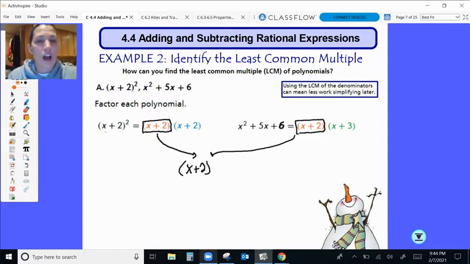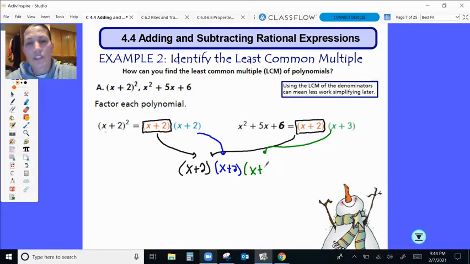Then the ones we don't have in common, we have to add those to the process, what's missing. So we have to add an x plus 2 as one of the factors, and then we have to add one of our x plus 3s as one of our missing factors as well. And that becomes our least common multiple right here, between those two. That is my LCM, okay? So you have to factor them all out. Whichever ones you have in common, you only put those in one time, okay? And then you have to ask what's missing, and you add all those additional ones,